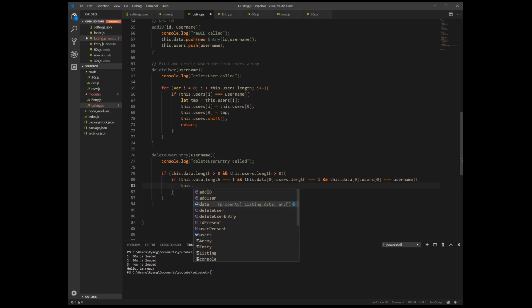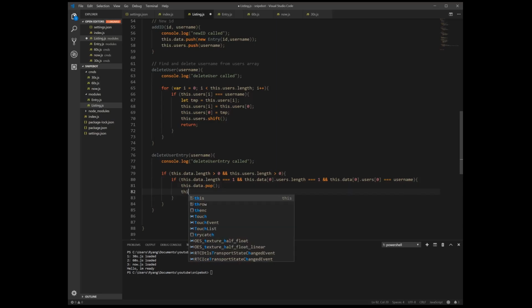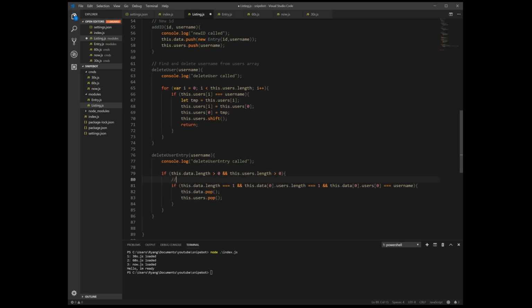And if so, we open this up and we remove. So we're going to this.data.pop. Pop removes the last object in an array. Since we only got one, I can just pop this out, so we don't have to worry about moving anything around. And then we also have to delete our user, right? So this.users.pop, and then this is done. So we delete the entry when only one ID and username is found.